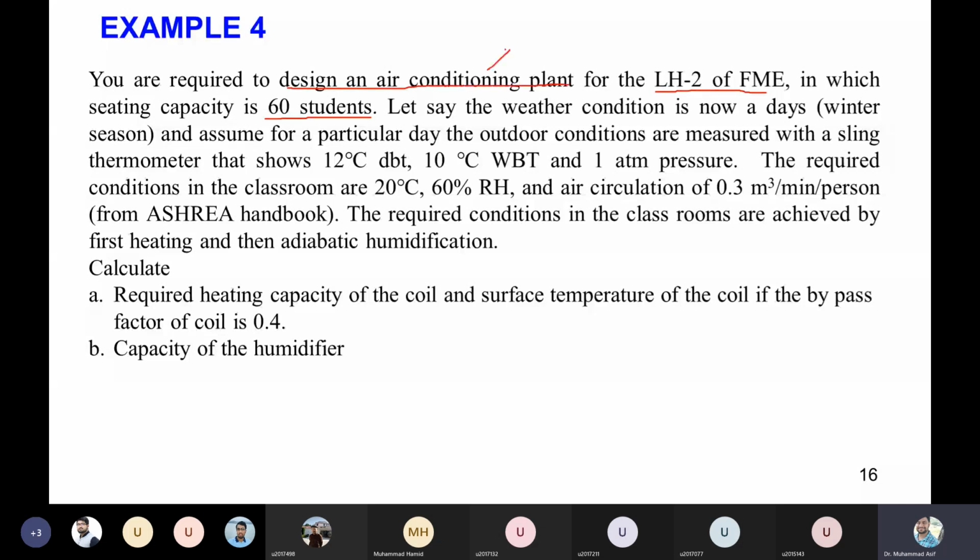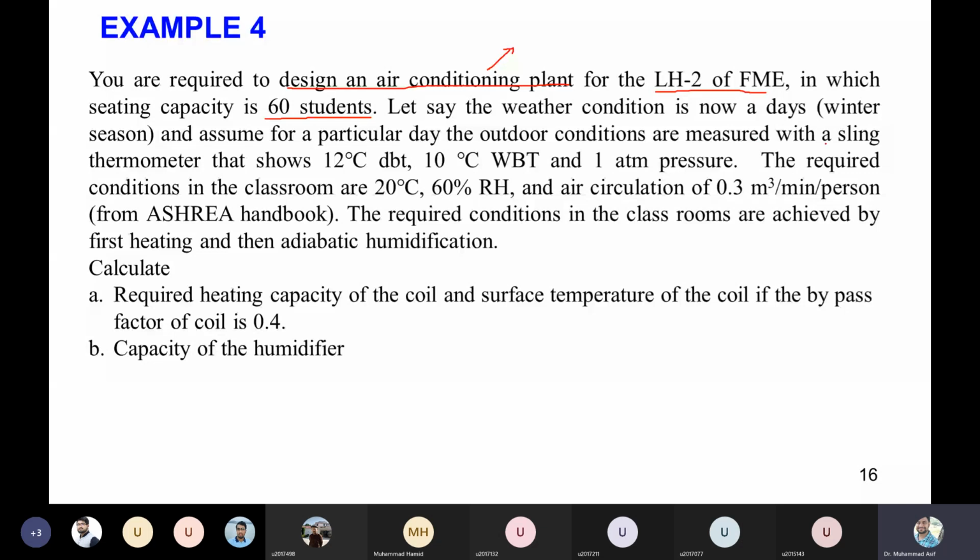Designing means the capacity of that plant. What should be the air conditioner that needs to be installed in our FME room, LH2, where 60 students are sitting? Let's say the weather condition is the current situation nowadays, the winter season, and assume that for a particular day, let's say today, the outdoor conditions are